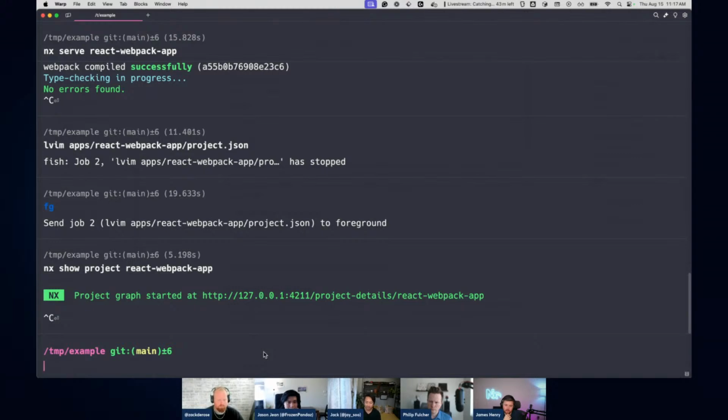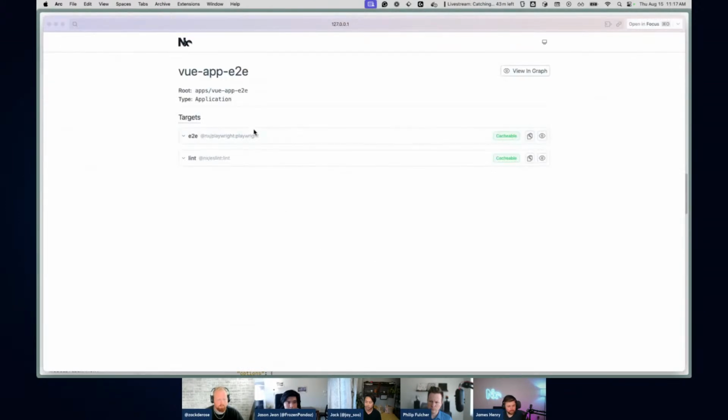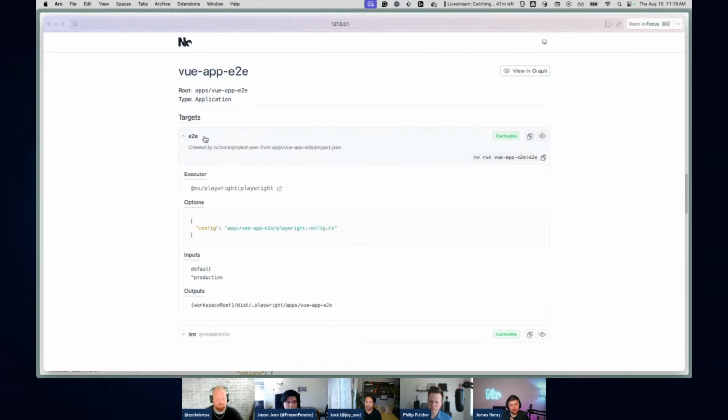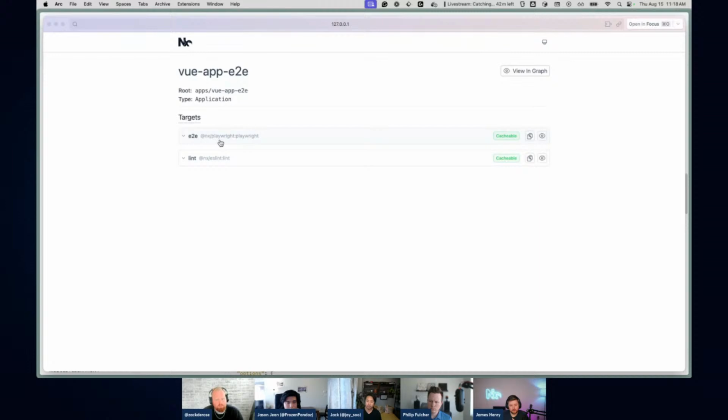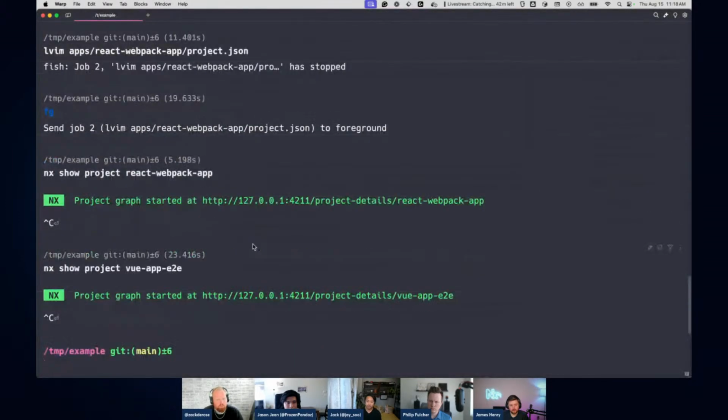The other cool thing is if I look at one of the E2E projects. So, for example, let's do the view one. This one's using Playwright. You see it's using the Playwright executor. Now, if you don't know what Atomizer is, it's pretty cool. It can split the E2E task into multiple tasks per file. So if you have like 10 different files for this project, all those spec files will create different targets for that project. And it's not possible to do it without the inferred targets, because it takes a lot of manual configuration inside project JSON to split them, right?